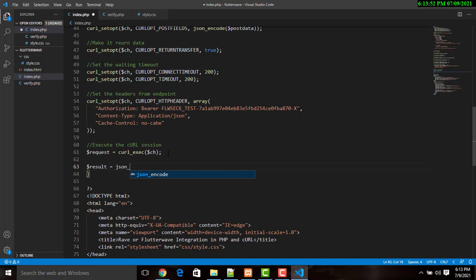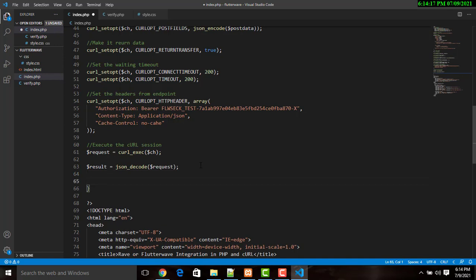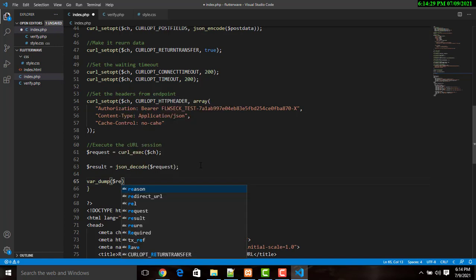underscore, this time around not encode but decode rather. So what I want to decode right now is everything that is coming back from cURL, which is saved in this request. So I'm going to put that right here, and with that we've converted that to a kind of object. And if we want to see the result of that, we can use a var_dump to see it. So if we do var_dump, and we pass in that particular variable that we call result